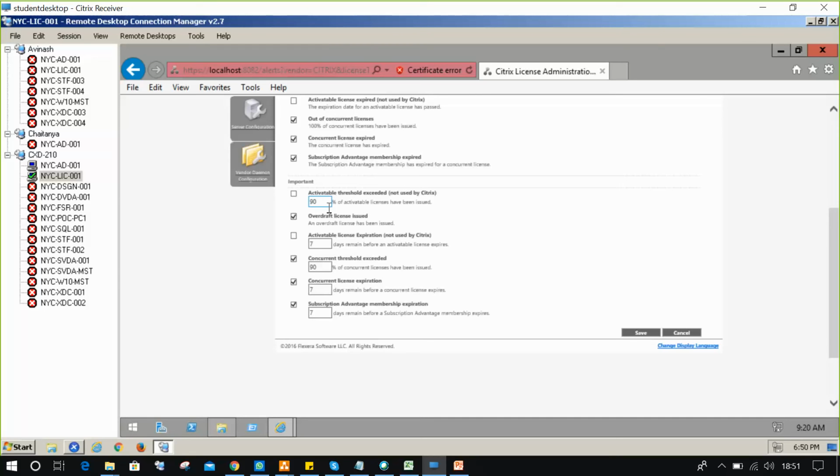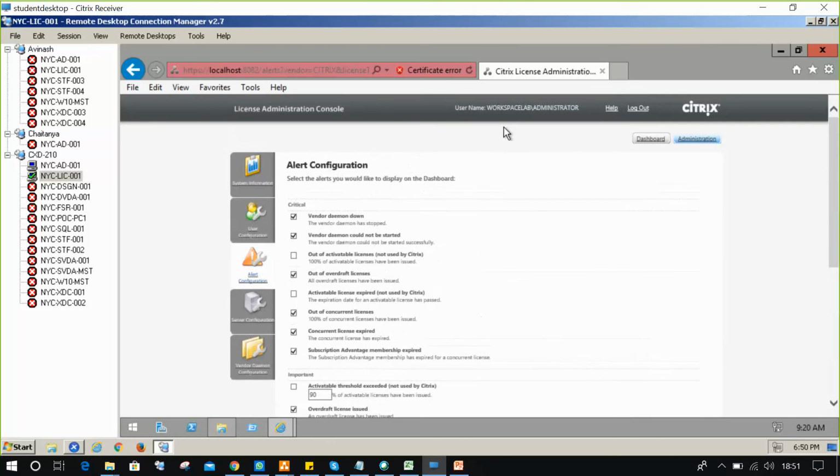If almost 900 licenses are utilized, that means almost 90% of the license pack is used, so you will get a notification. Where will you get the notification, any idea? In the main dashboard itself you will get a notification.